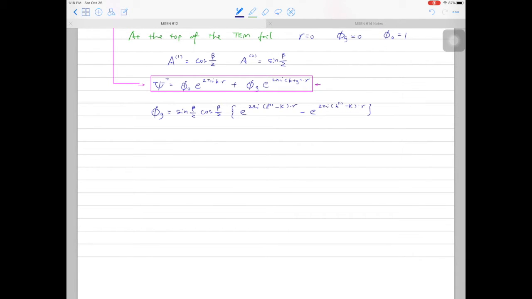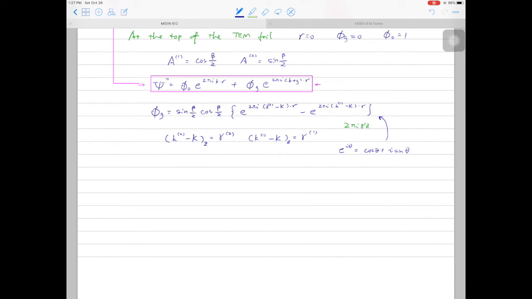And from previous calculation, we know that the exponential term must have the phase 2 pi i gamma z. Then we can write down k2 minus k and k1 minus k in terms of gamma. Then you use the Euler equation. So e to the power of i theta is equal to cos theta plus i sine theta. You put that into